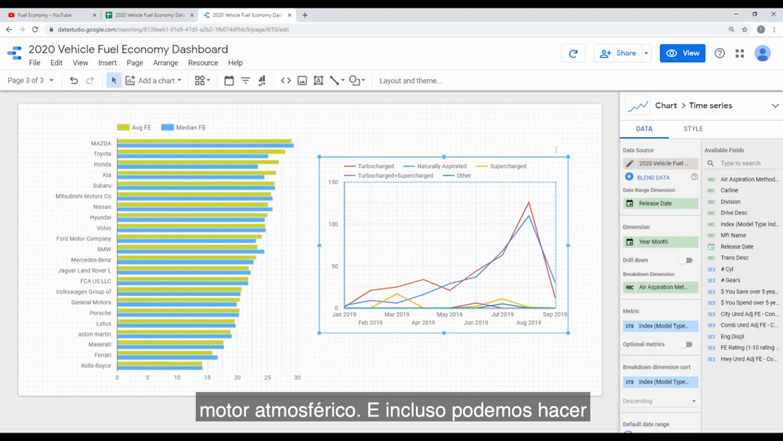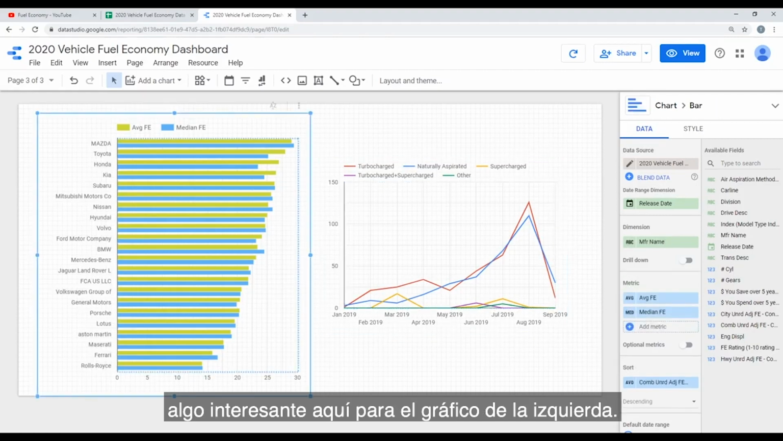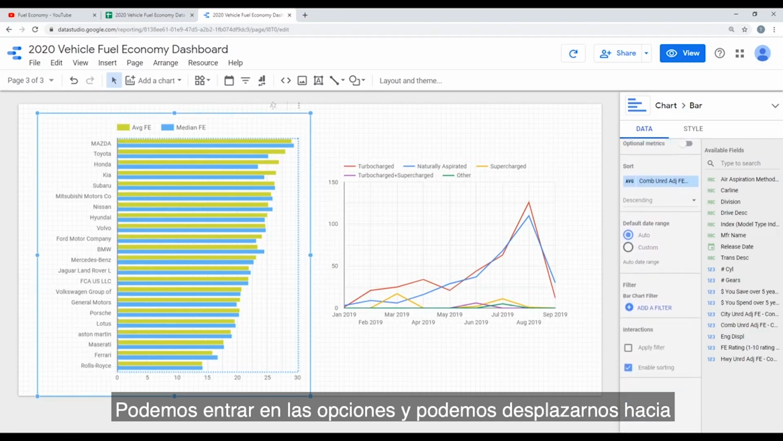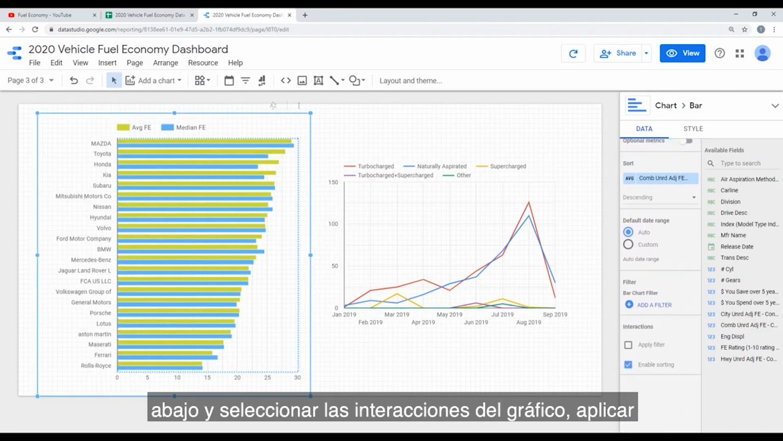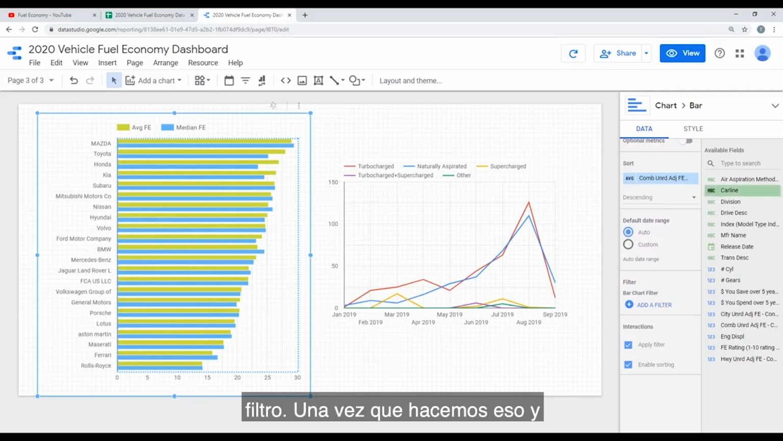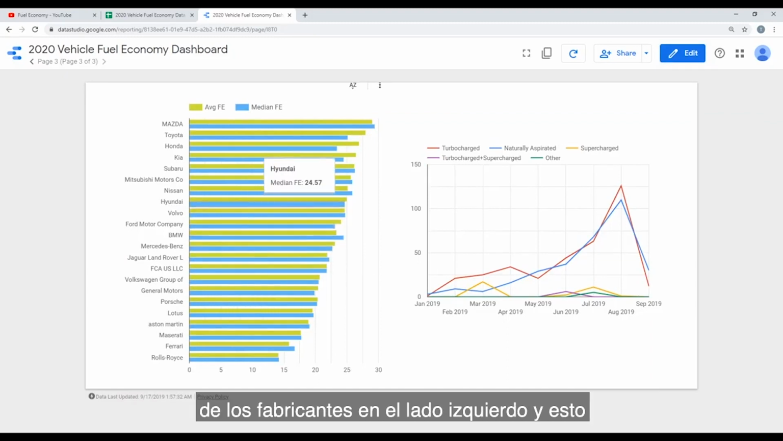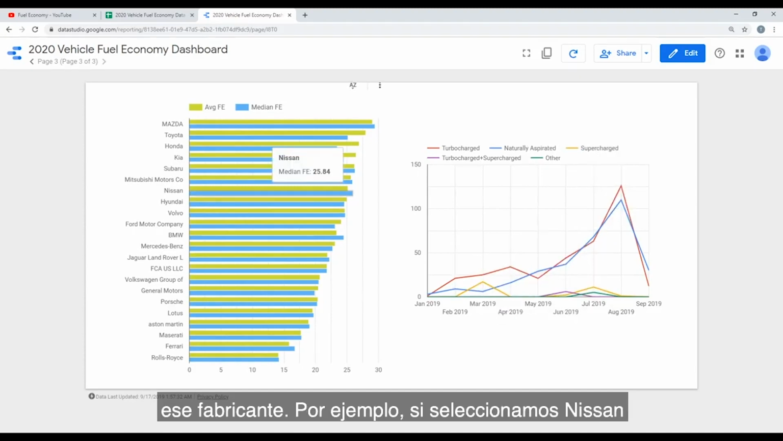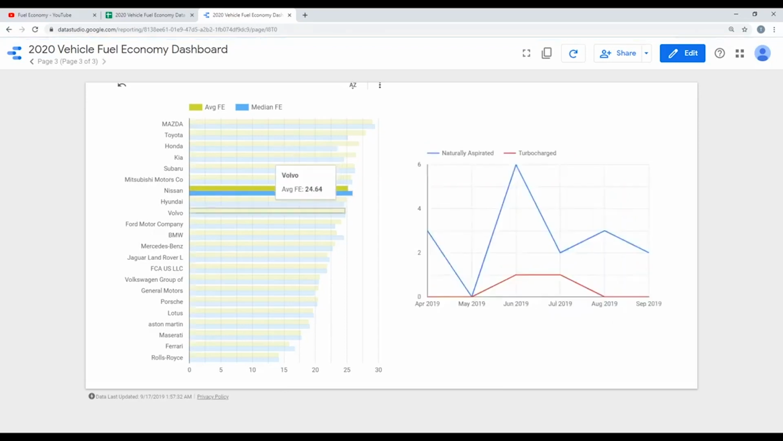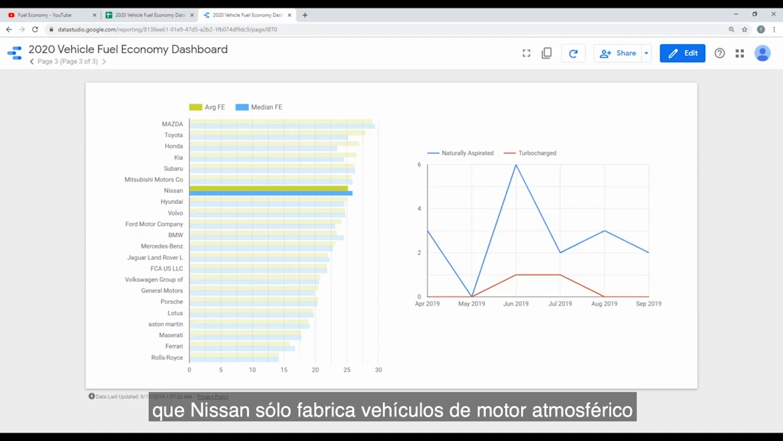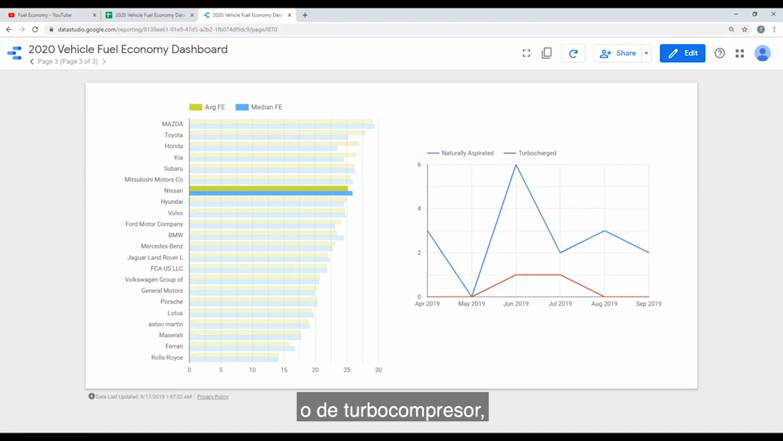Now we can do an interesting thing here. For the left chart, we can go into the options and scroll down and select, for the chart interactions, apply filter. Once we do that and we go to the view mode, we can select any of the manufacturers on the left hand side, and this will immediately filter the chart on the right hand side for that manufacturer. For example, if we select Nissan over here, on the right hand side we'll only see the values for Nissan vehicles, and we can see that Nissan only makes naturally aspirated or turbocharged vehicles